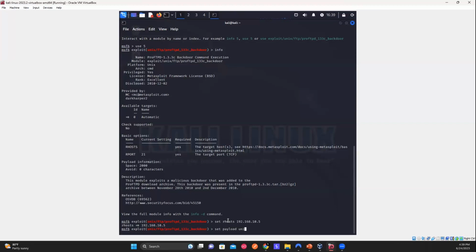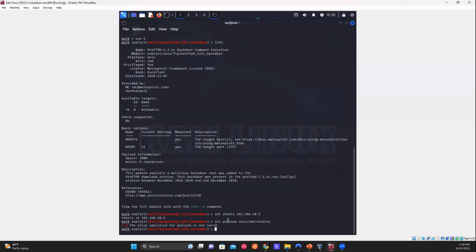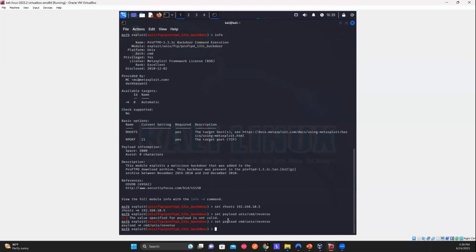I believe, like I said, I want to say it's Unix CMD reverse. The specified payload is not valid. Okay, hold on. Weird. There we go. I had it backwards. It was command Unix reverse. Okay, and then we want to